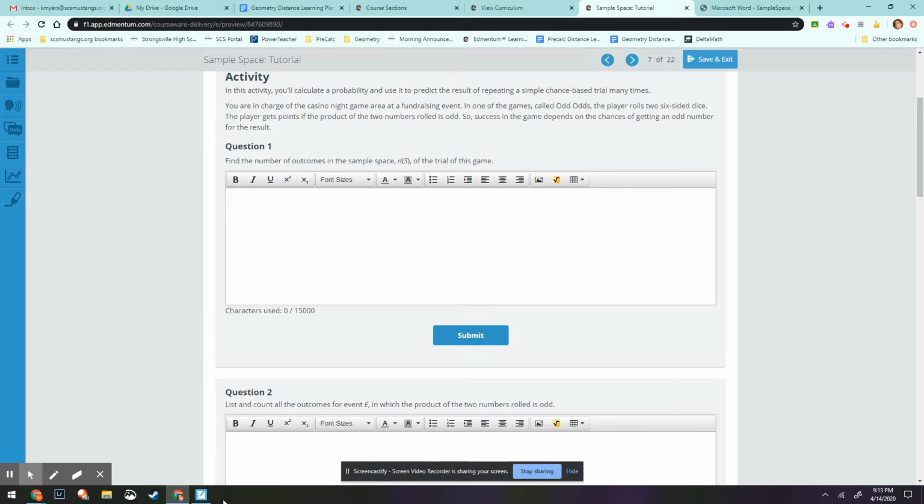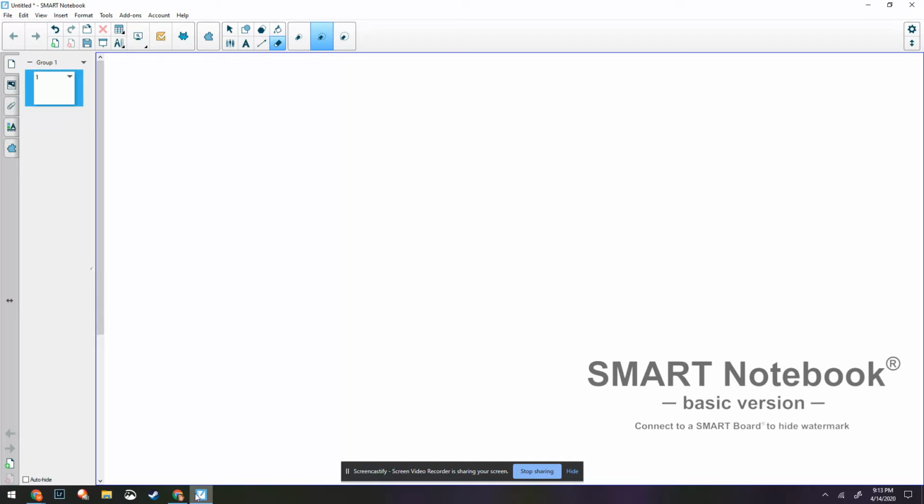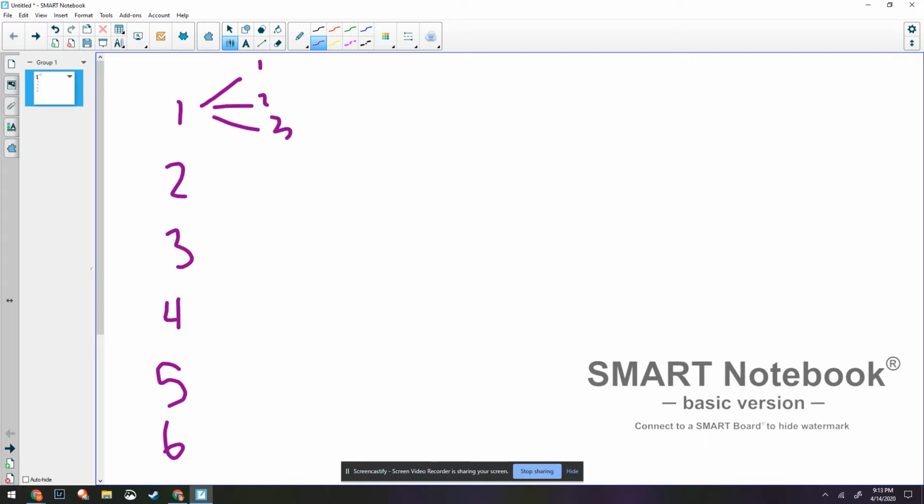Okay, and if you are rolling 2 dice, we're going to kind of go back and forth here. If you are rolling 2 dice, well, first of all, if you're just rolling 1 die, you have the possibility to get a 1, a 2, a 3, a 4, a 5, or a 6, right? So if you're only rolling 1 die, you'd have 6 possible outcomes. However, if you're rolling 2, you could get a 1 on the first one, but then from there you could get a 1, 2, 3, 4, 5, 6. So you have 6 options after you roll a 1 first. And you're going to have those same 6 options